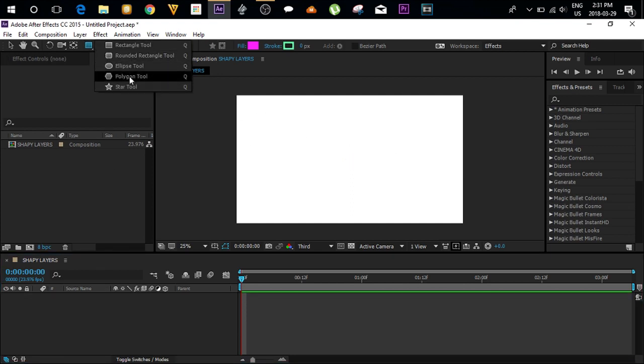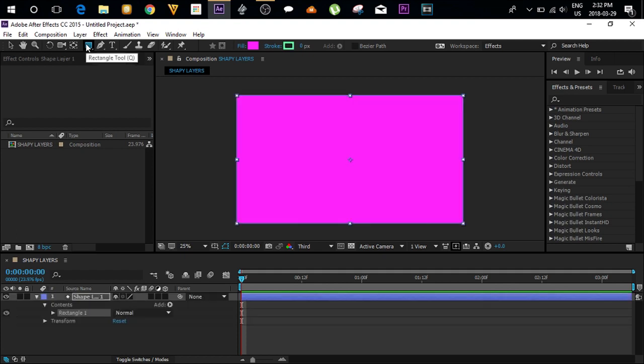which is you go down to here. So basically what I did is I held down until this stuff pops up, and you can pick which kind of shape you want to make. Exactly. Although with these ones, if you make a rectangle, so I'm just going to double click on that,